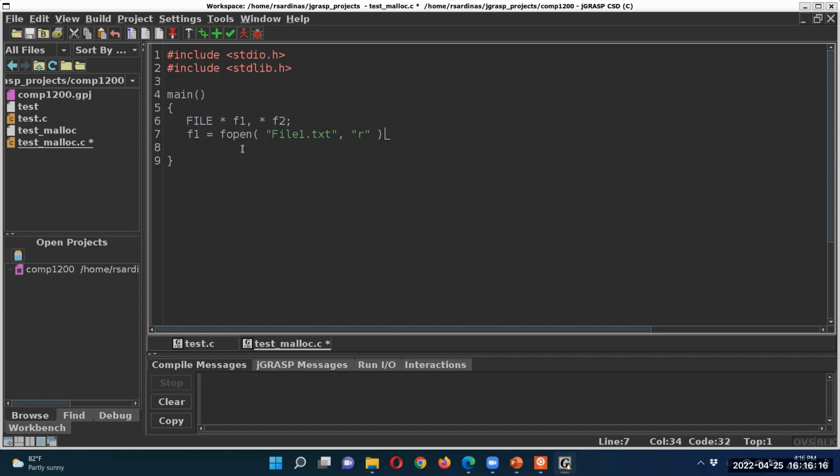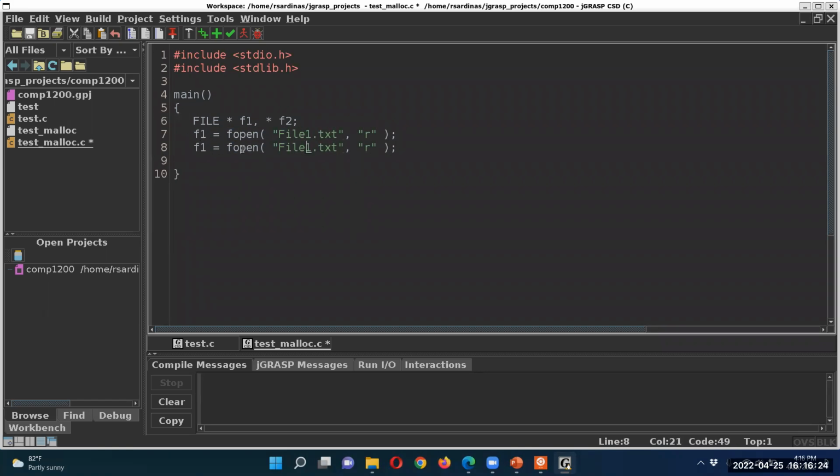R, very good. And we can do the same thing for file 2, except a different file name, file2. And what permission should we give file 2 if we want to be able to write something in it? W, very good. Now, if we compile this and run it,